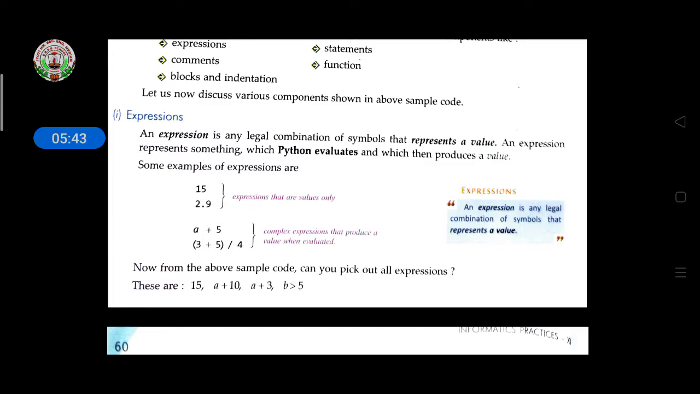It means here an expression represents only a value. An expression represents something which Python evaluates and then produces a value. That means the value you give Python, it does the calculation or evaluation, and then afterwards produces a value. Some examples of expressions are 15, 2.9,